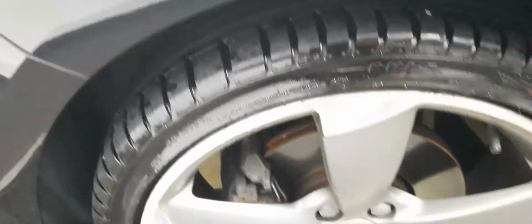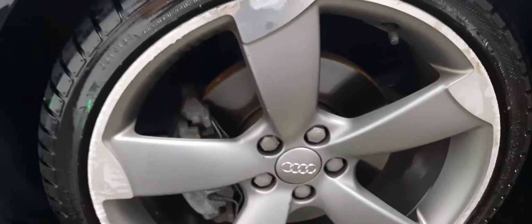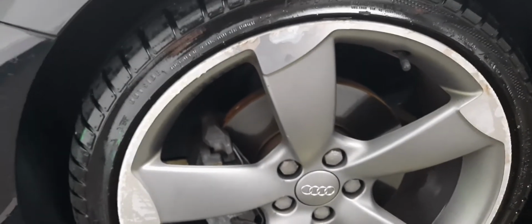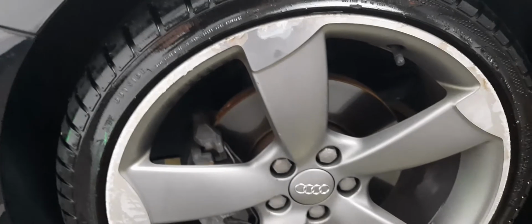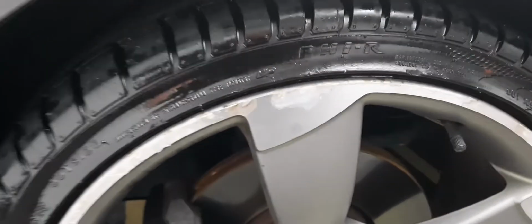Now I'm just coming on down here because I want to point out to you the alloys. Now the alloys are always the best indication of how sensible a past owner's been. So when it comes to a used vehicle and you see all the miles right there on the clock, you want to know how sensibly those miles have been used. Well, as you can see here, we have a fair bit of blemishing all around the edges,